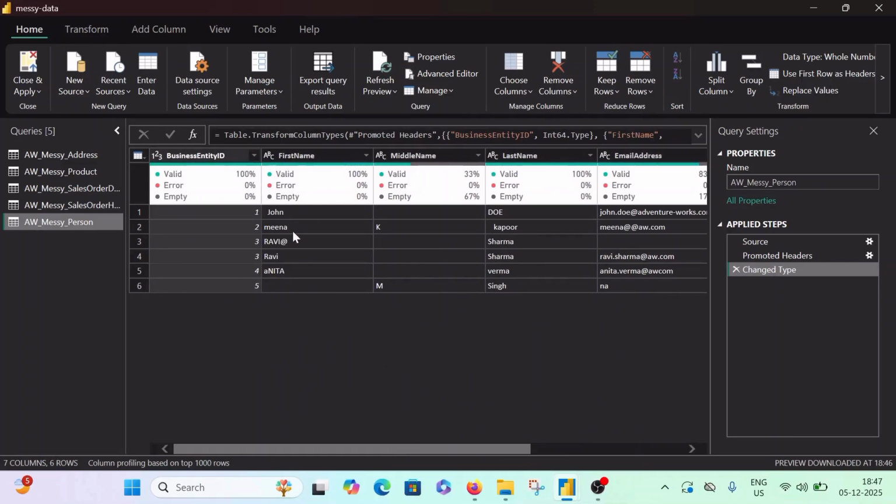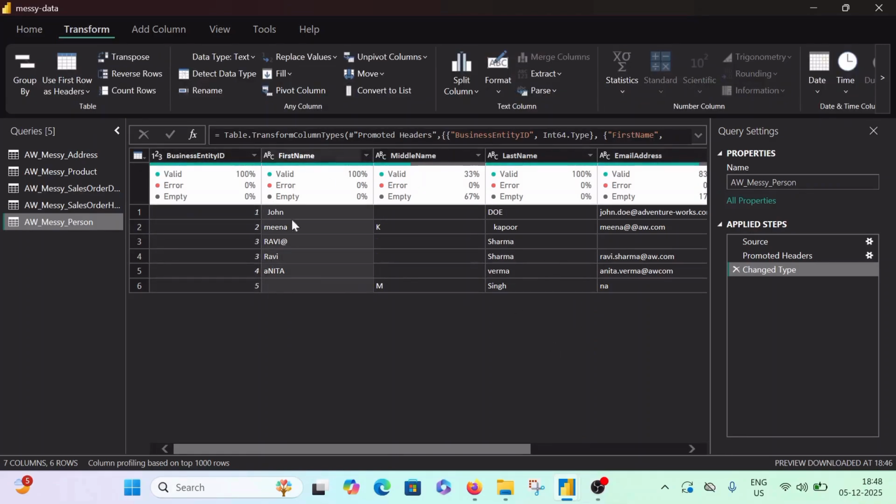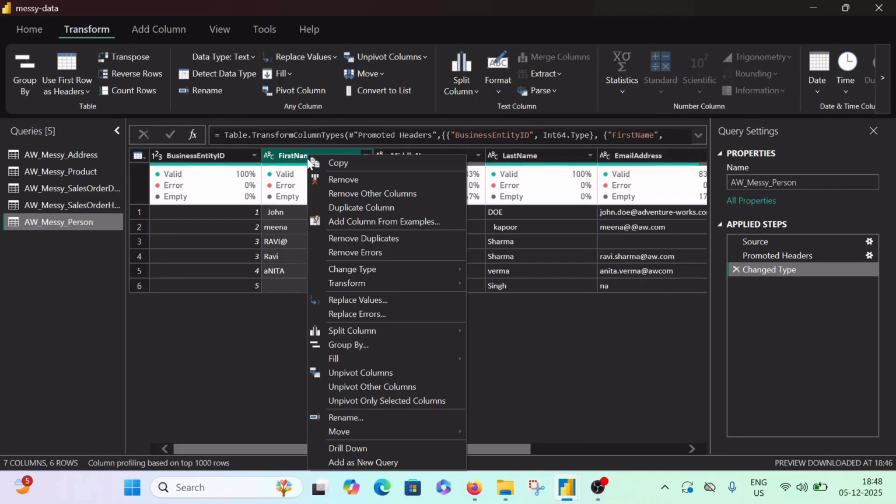The first thing that you see is every column has some or the other issue. So if you take first name, middle name, last name, for example, firstly they have spaces at the start, at the end, capitalized, non-capitalized, and this kind of data will not do. So first thing we will do is trim and clean all the columns. So I'm trimming the columns right now.